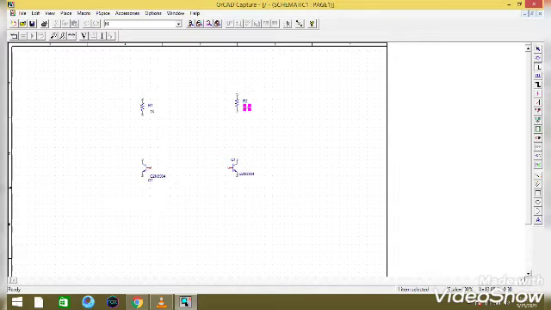Yes, taking the place wire, I am connecting the resistors to the transistors. Click on it and drag it. Click on the side of the resistors and drag it. I am making the wire connections.